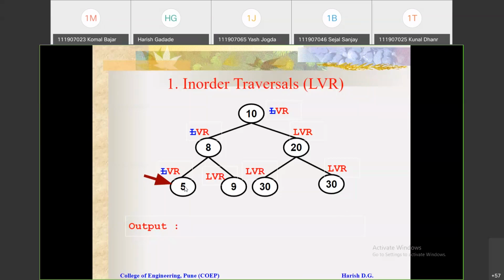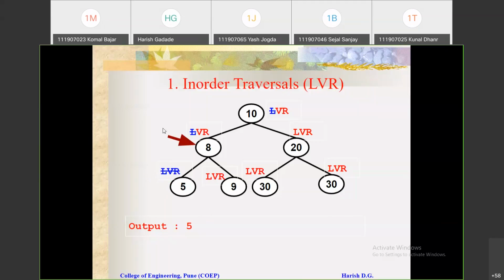So it means we need to complete this V step. It means we are printing that 5 in the second step. So if you see here, we have printed this 5, and just completed this V step, right? And again, after printing, the next step is R. R means move towards right, but actually there is no right. So you can say complete those steps and go back to the previous node, because all these three steps we have completed here.